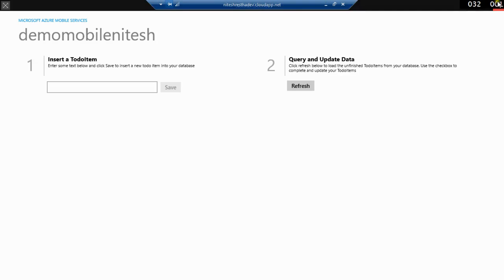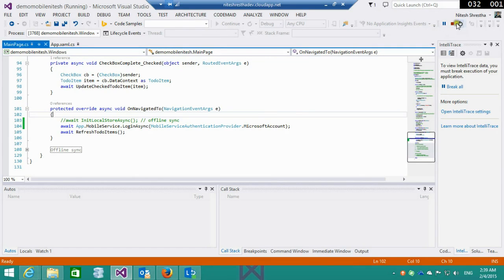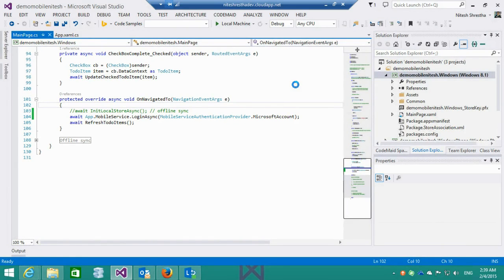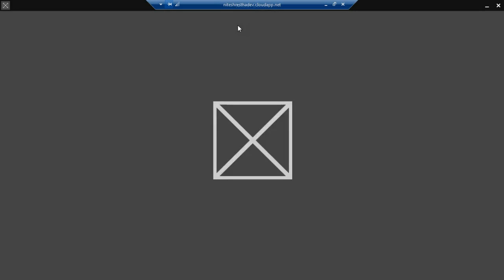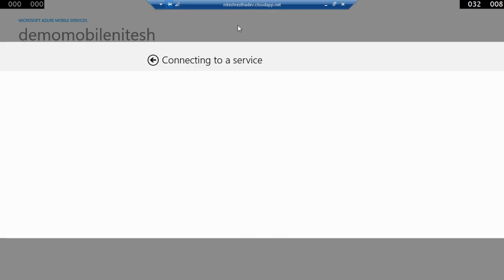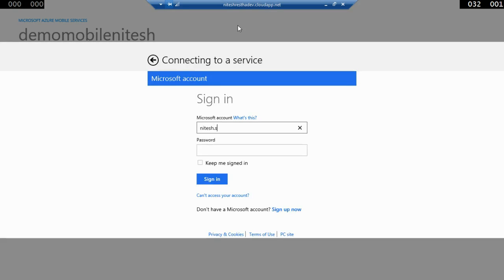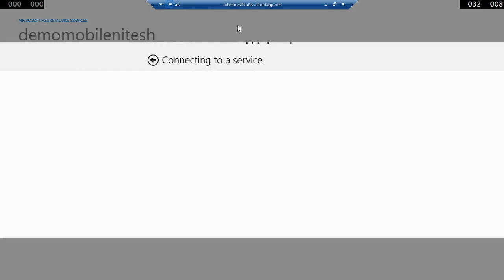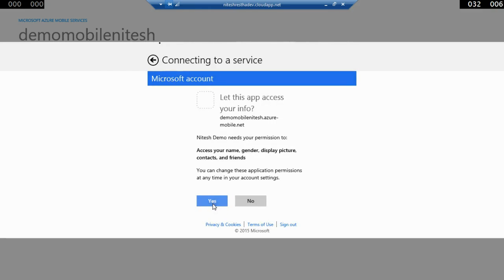What happened? Oh, some error or what? Let's rerun this application, and it's connecting to a service. Now let's log in with my other account. Log in. I'm going to permit this application,